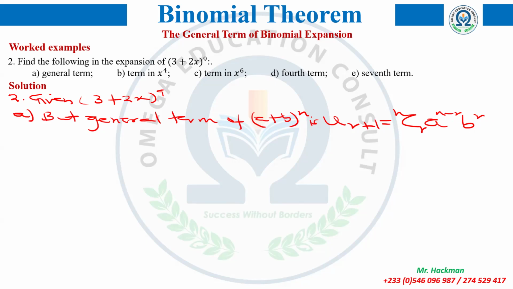Remember always, when you add the exponents, you should get your n where we started from. So now that we have this, we can say that therefore the general term